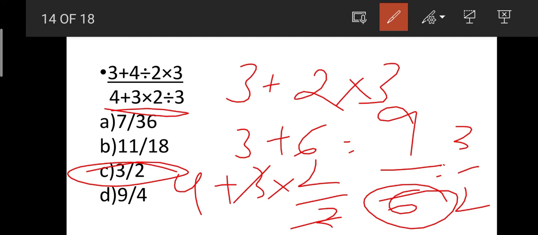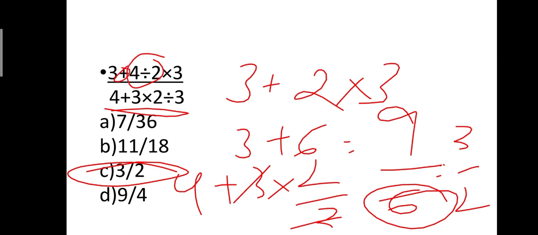So this is very simple, the answer is 3 by 2. Okay, to make you understand the BODMAS rule, I have used this question. I think now you have clarity on how to use the BODMAS rule. Here first you should divide the numbers and then you can go for additions. Okay friends, now we will move to our next question.